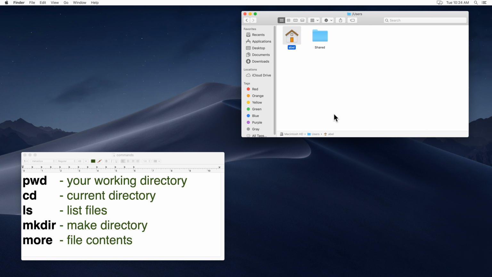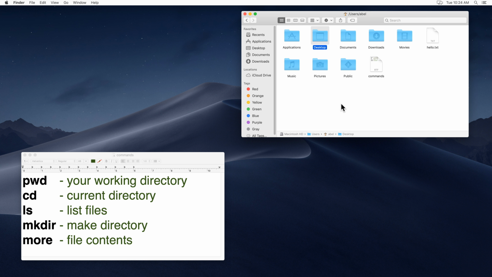If I was to move up and down this structure, you would see it change. And I'm going to go ahead and do that now. And you can see there that we're now at Able. And if I go into it, we're now inside of these folders. Now, if I go ahead and move to the desktop, you can see there that it is empty because I don't have anything on the desktop. So right now, at the moment, I am at /users/able,